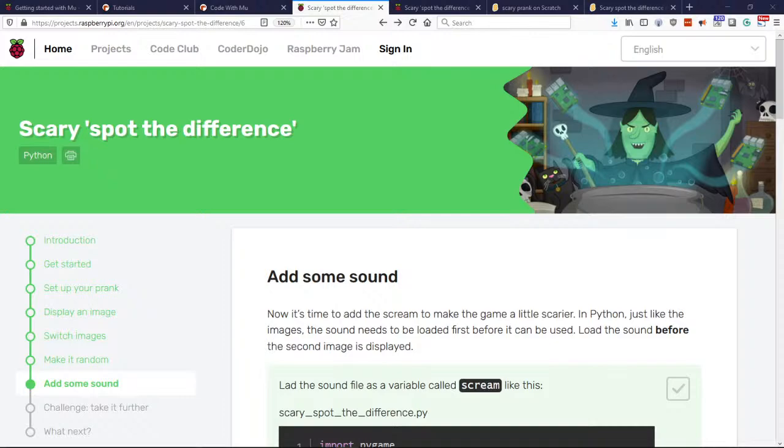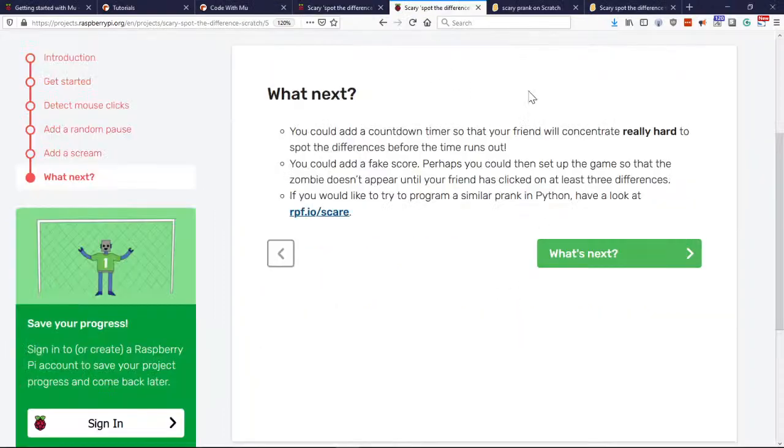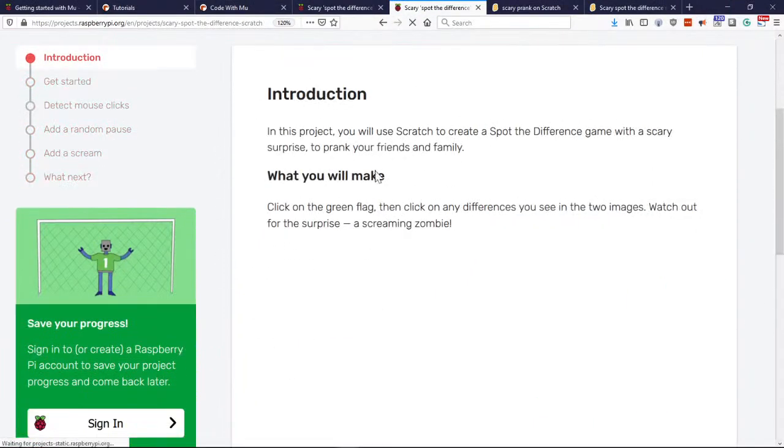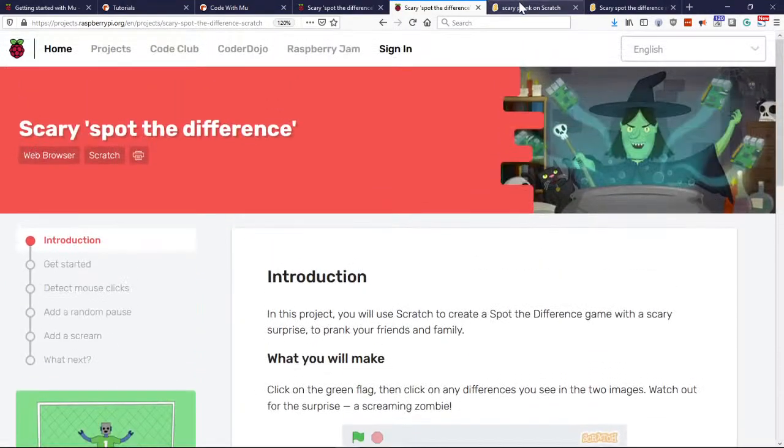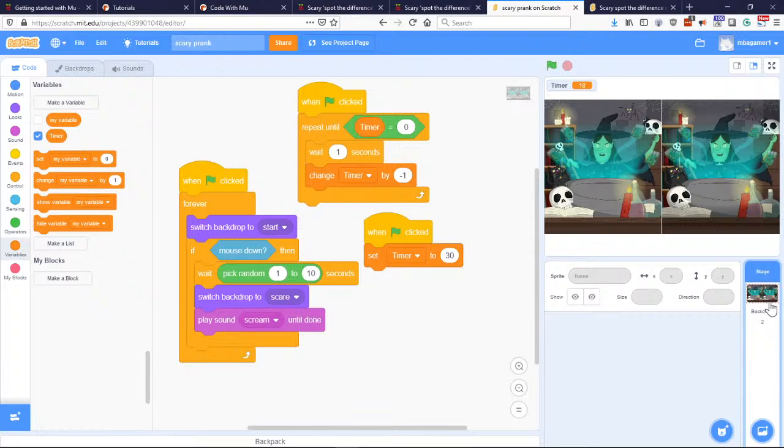That's funny. And then we did our spot the difference project to completion. And then we also completed our project here by clicking the mouse down, making it random, playing the sound in our Scratch, and then we also did our timer that counted down for us too. Okay, so we've covered a lot. It was fun with our Halloween